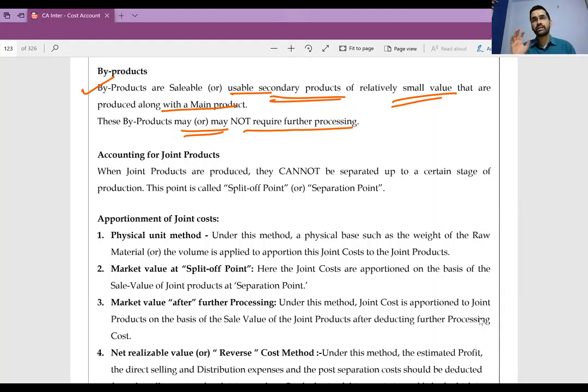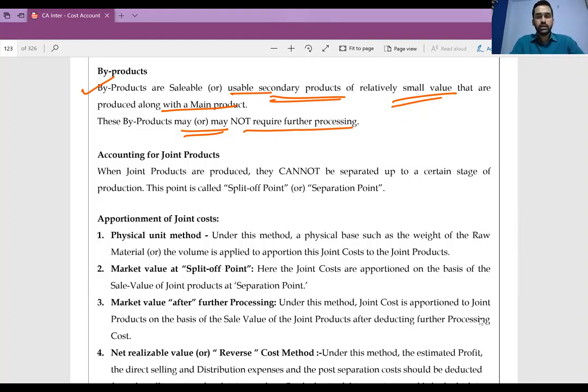But understand from costing point of view, whether it is joint product or byproduct, we are going to treat them likewise. We are going to treat them together in the same manner. Doesn't matter whether something is a joint product or byproduct. Cost has to be shared, revenue will be earned, maybe less, but there will be some revenue that is being earned.